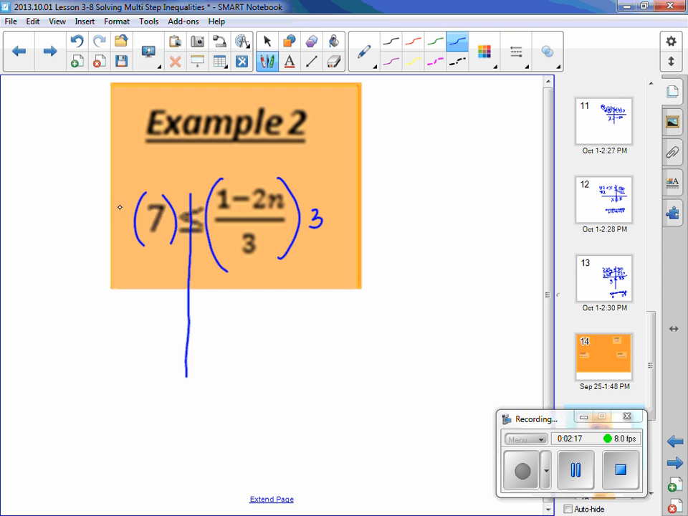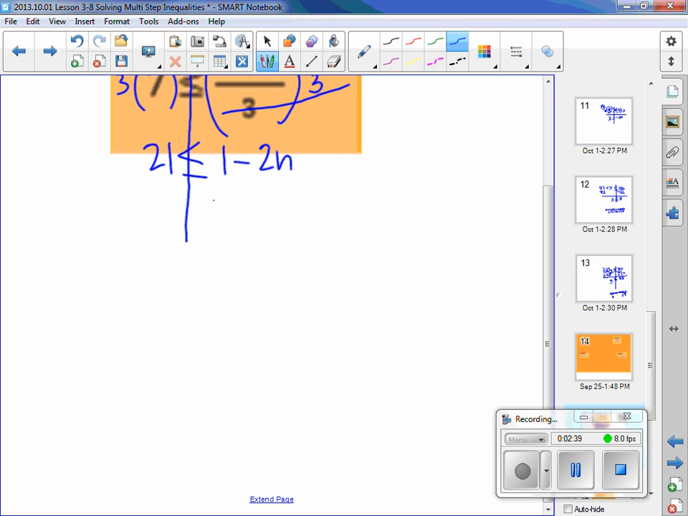So I multiply by 3, and I do 3 times 7, which is 21, is less than or equal to. My 3's on the right cancel each other out, so I'm just left with 1 minus 2n. What would be my next step here? Minus 1 on each side. So I'd have 20 is less than or equal to negative 2n. And then what should I do? Divide by negative 2,